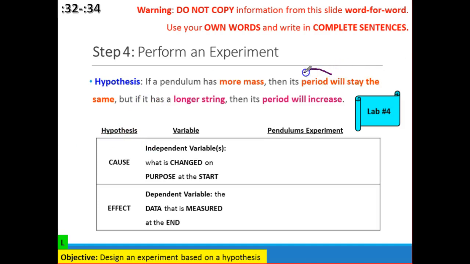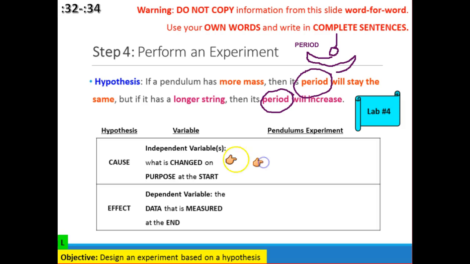Now you'll notice that right here I'm using a vocab word that Miss Priza went over. Okay, so remember that the period is how long it takes for the pendulum to swing back and forth. So if this is our pendulum, okay, the period is how long it takes to go from left to right and back to the middle. Okay, so that pathway right there. Okay, so this right here is the period. Okay, this is what we're going to be taking a look at. We're trying to see how the period stays the same or changes. Okay, smiley faces if that makes sense, what the period of a pendulum is. Okay, this is what we're going to be taking a look at.